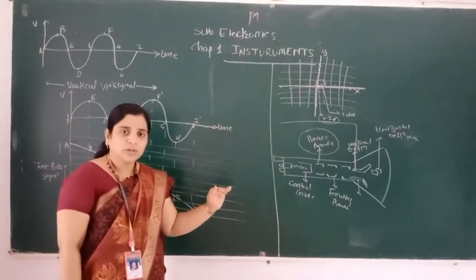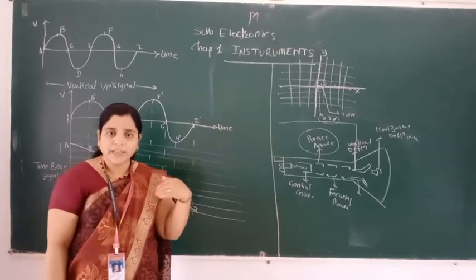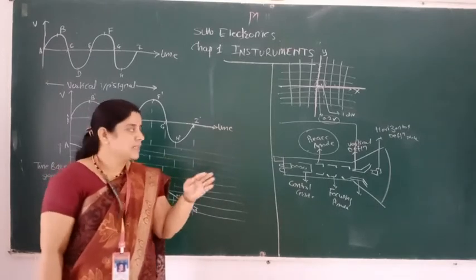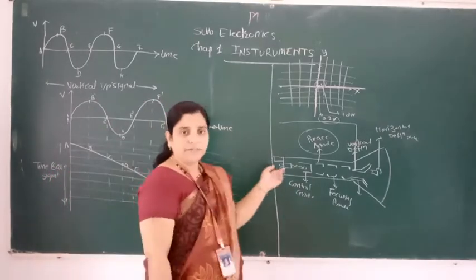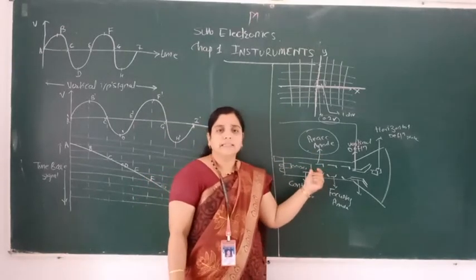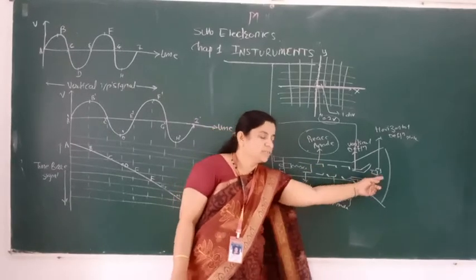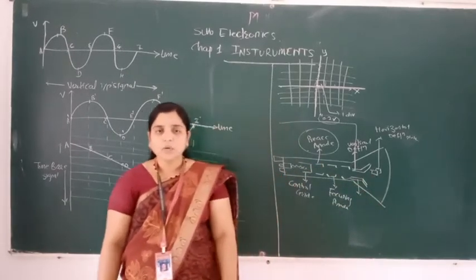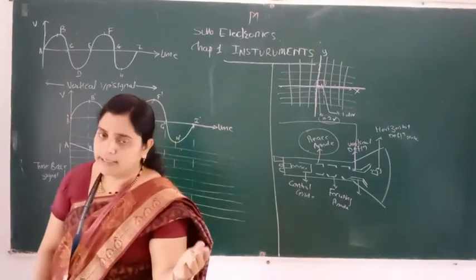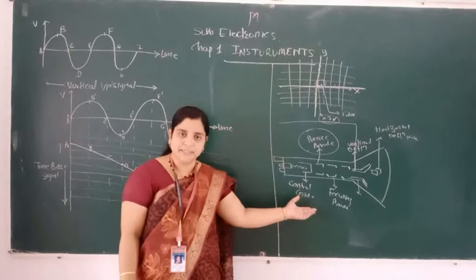And that electron beam has no set path to move. It can move everywhere in the CRT, since it is of negative charge. Therefore, we give the anode to that, and it gives the path to move in this direction only. Okay, finally it goes to the CRT, and you know the function of CRT, what the CRT does.